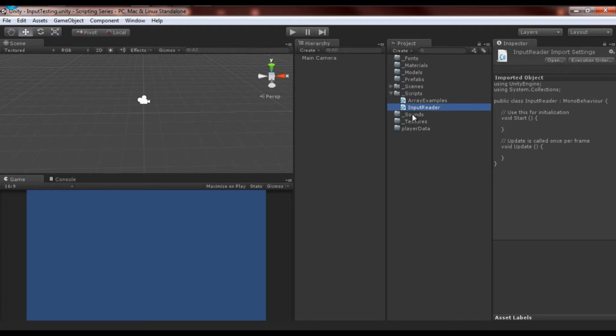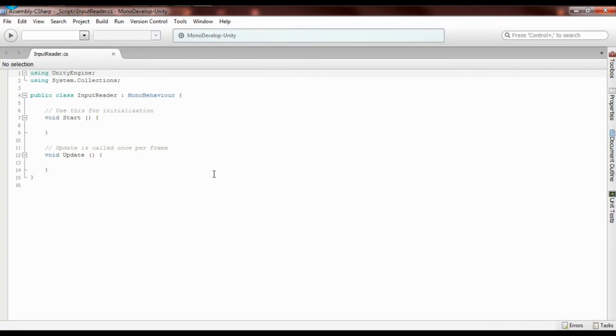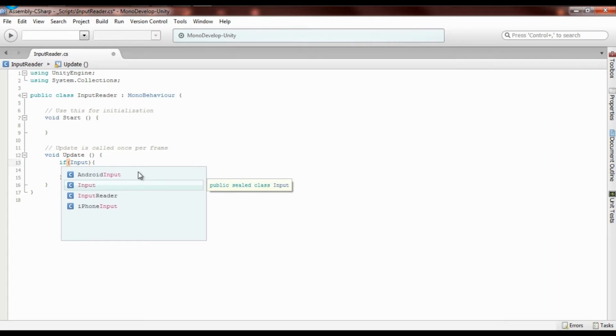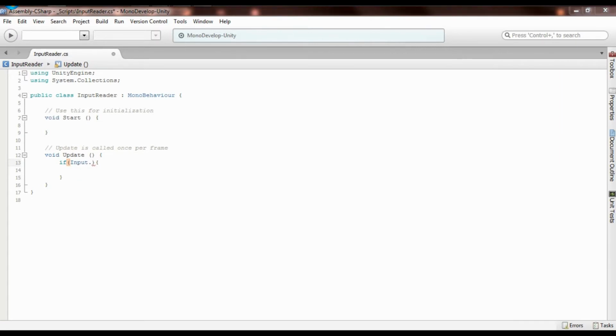So if we have this input reader, we're going to create a new game object, and we're going to put the input reader on that game object, just like we've done in the past. When we have that script created and open, the first thing we're going to want to do is, on update, make an if statement. In this if statement, we are going to be looking at the input class, which is this. We're going to say dot,